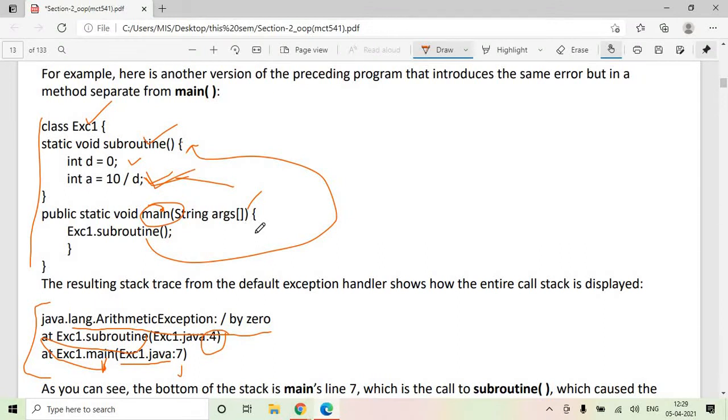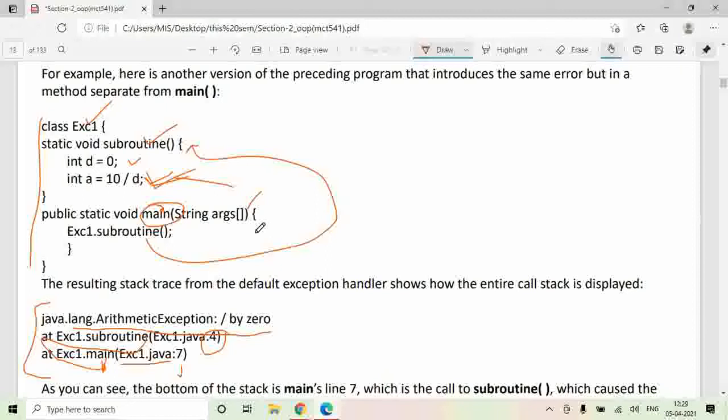So even if the user does not provide try, catch, throws, finally, that kind of exception handling mechanism in the code, the default Java runtime system has all the capability to identify the exception. Built-in exception classes are there. It creates an object of the exception for the appropriate class and throws the exception.